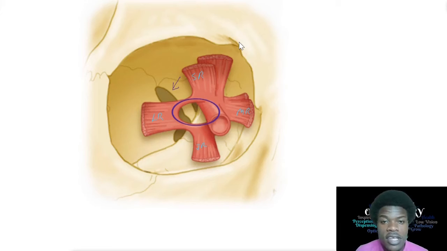The next muscle is our inferior oblique. The inferior oblique muscle arises or originates from a shallow depression in the maxillary bone itself. So this here is the maxillary bone, and there's a depression there which the muscle originates from. So that's our origins. Let's look now at some of the